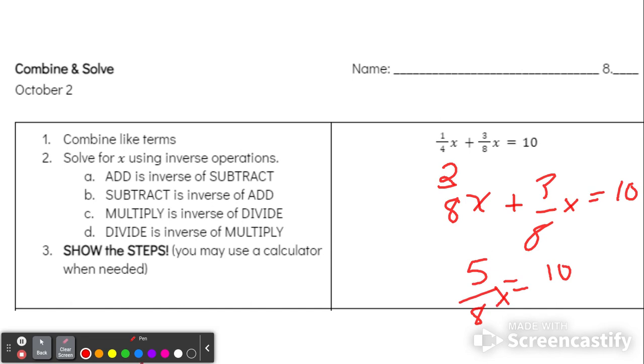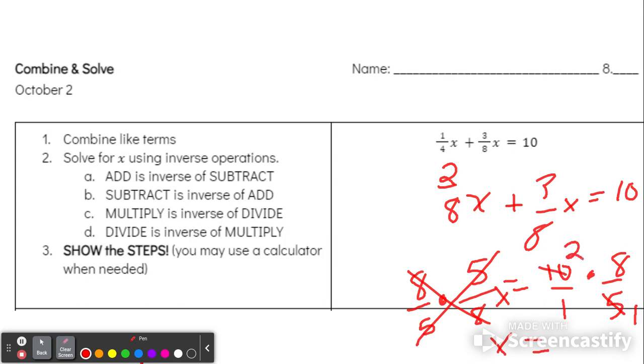Yes, this is a copy, change, flip, but remember we just say we're going to multiply by the inverse, so 8/5 instead. Both sides, whatever I do to one side, I also do to the other. Okay, 10 is a whole number, give him his invisible denominator. This side, our numbers cancel. We are left with, and we can either multiply straight across and have 80/5, or we can cross cancel first and simplify, divide these both by 5, and get 2 times 8 is 16 over 1, which is just 16,